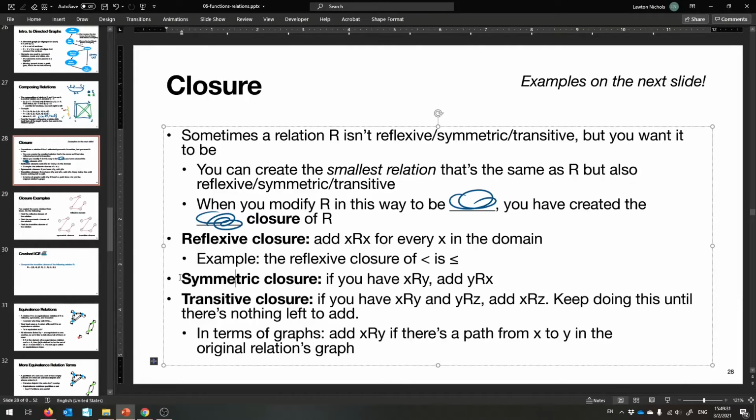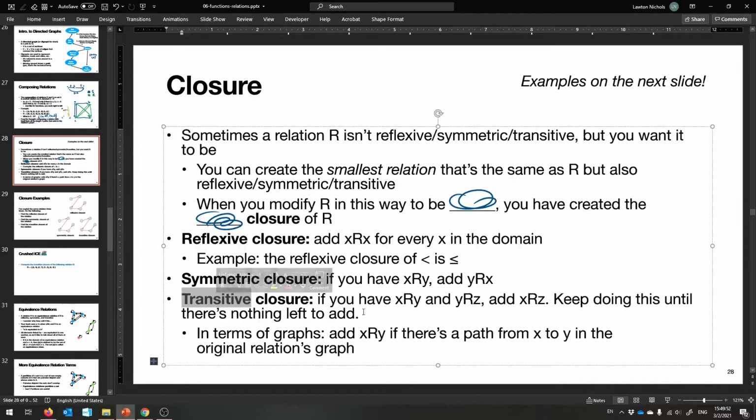Okay, symmetric closure, also very similar. If you have X related to Y, in order for this R to be symmetric, you need to have the other one too. So if you don't have it already, go and add Y related to X in that order. Okay? So hopefully this makes some sense. It's just make your relation